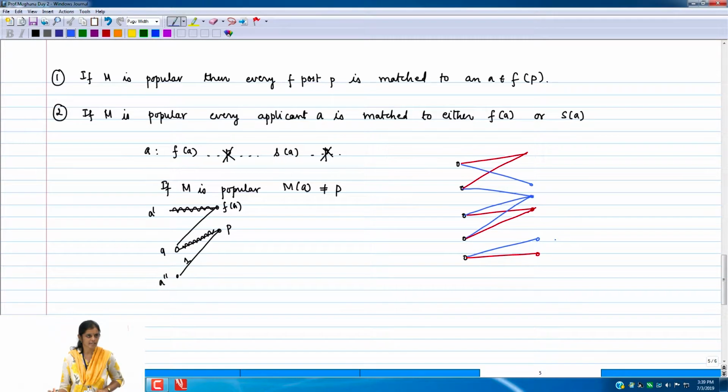Yes, we have constructed this graph. We know that if M is popular, it must reside in this graph. But what matching should we ask for in this graph? So we did it manually for an example. You actually constructed a matching, and we would like to prove that such a matching is popular, but what kind of matching did you construct? Not the exact matching, but what were the properties of the matching?